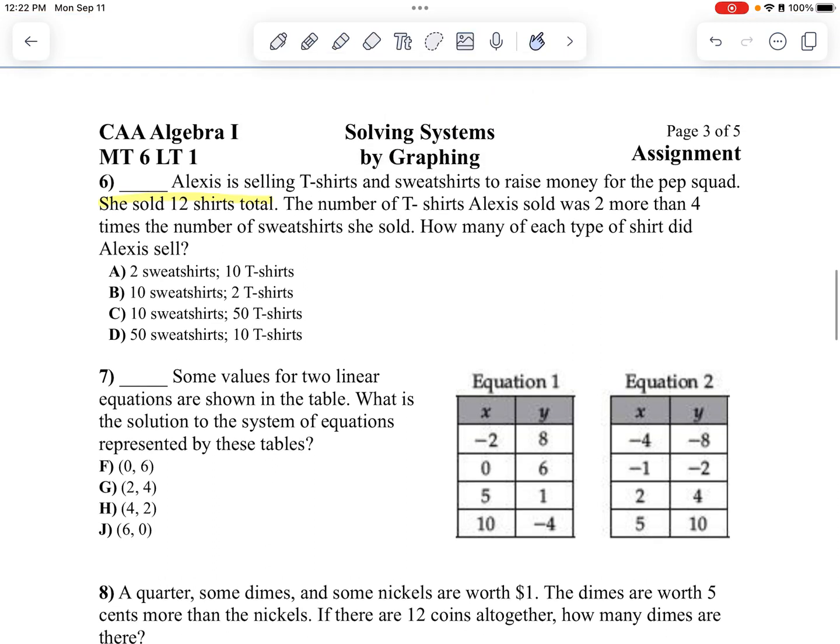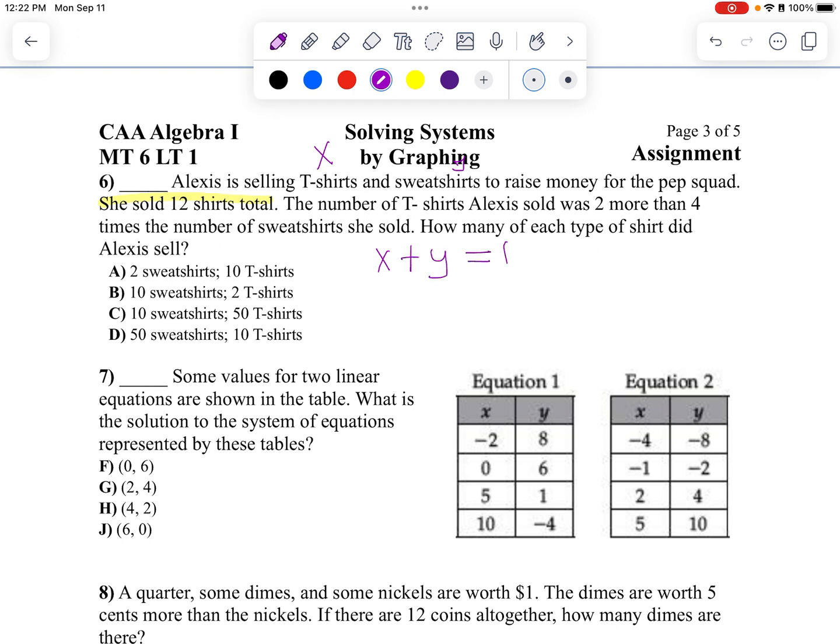I'm going to let X stand for the t-shirts, and we'll let Y be the sweatshirts. So she has a total of 12 that she's sold. So I'll say X plus Y equals 12. Now it says the total number of t-shirts Alex sold was 2 more than 4 times the number of sweatshirts. So in other words, our t-shirts, which is X,